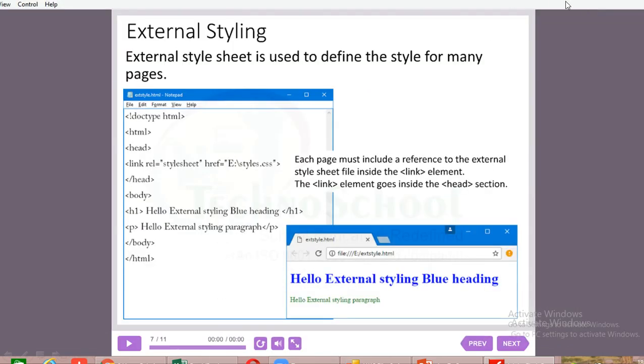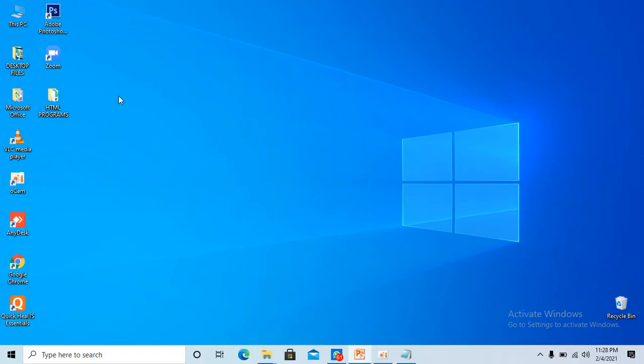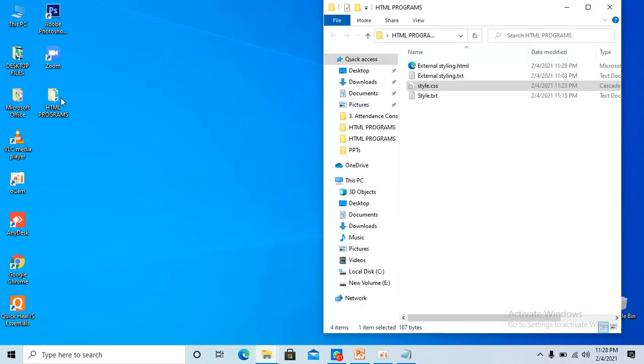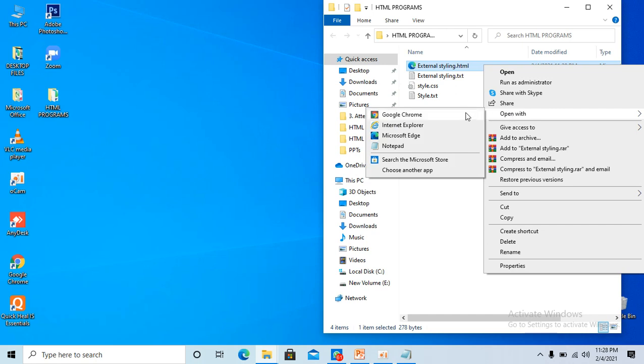Minimize this. So go to that folder, external styling.html. By saving as .html, you can see the icon. If you save as .css, you can see a different icon. Both are different. Okay, as usual, we want to go to the HTML file, open with Google Chrome.